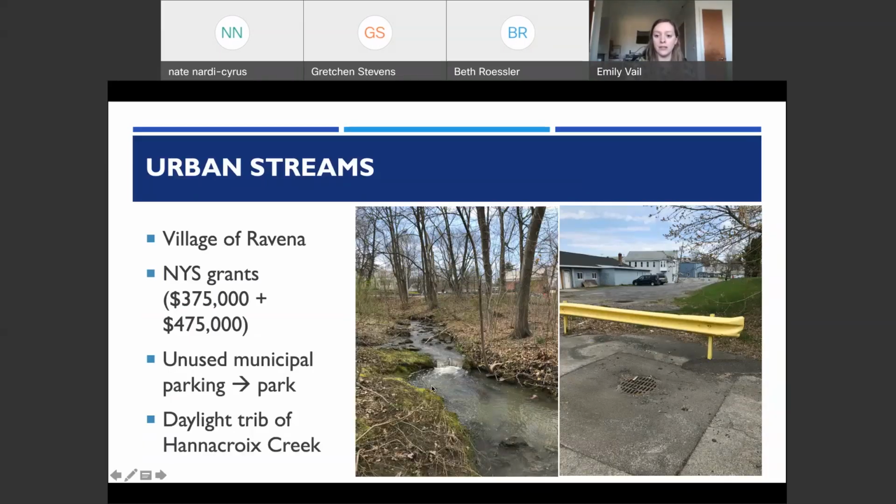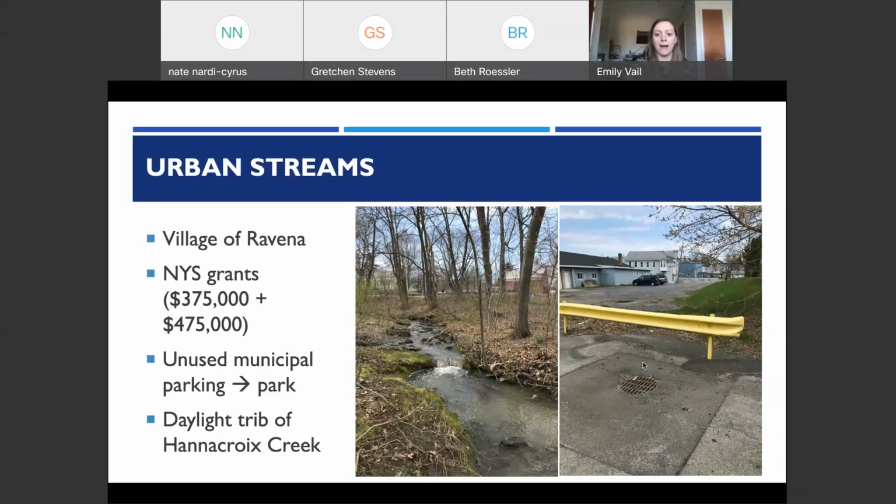And then once it crosses the parking lot, it's actually underneath this storm sewer. It goes under this guardrail. You can sort of see this next manhole cover, and this is an area that's very prone to flooding. This building has been flooded many times. So by, again, bringing the stream up, doing this daylighting project, there's clear flooding, water quality, habitat benefits, and so